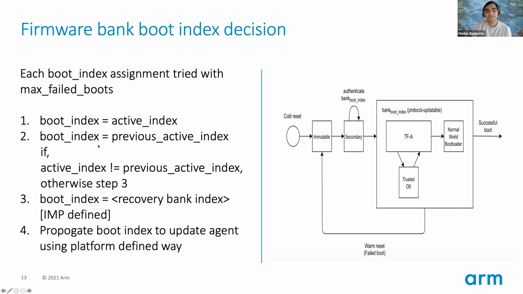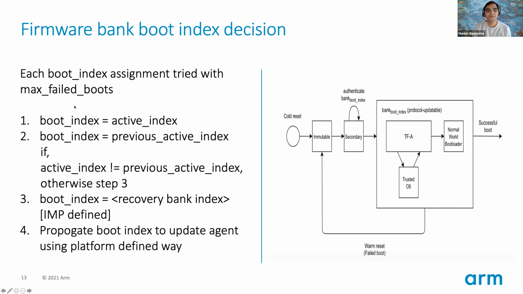This watchdog reset again gets detected by BL2, and we try again with the same index for quite a number of times. That's what we call maximum failed boots. So we try the same active index for a certain amount of time, and we see whether the normal world drivers and software which are running recover automatically or not. If not recovered, then